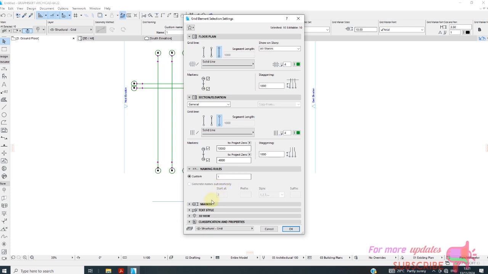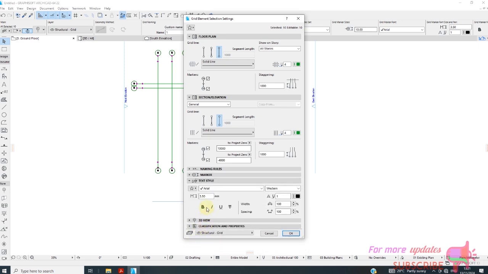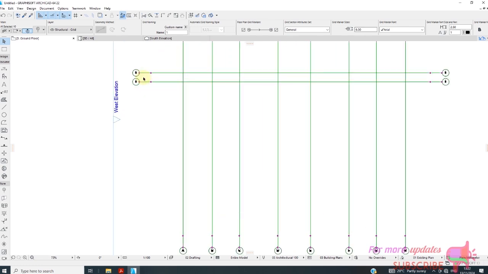Then I want to change the marker, the size. This one marker, the size, I want to change it to 6 millimeters. Text, change it to 2.5. Okay,